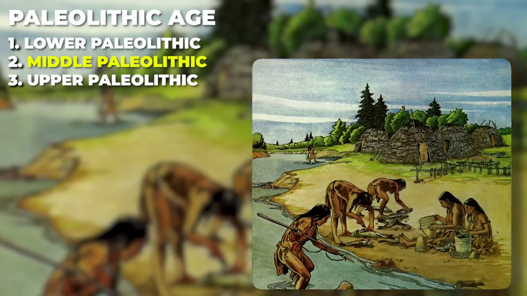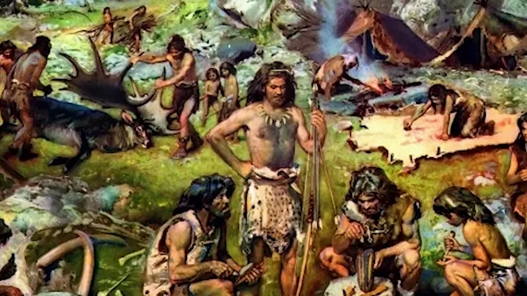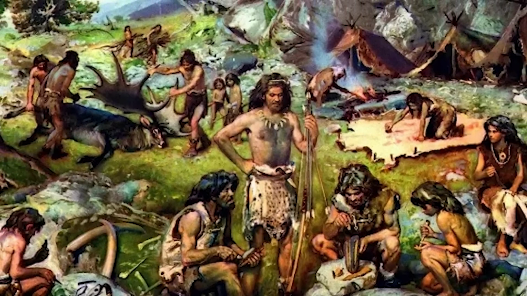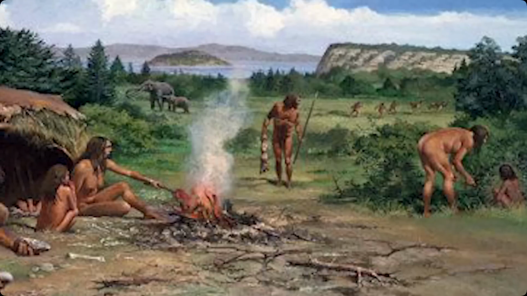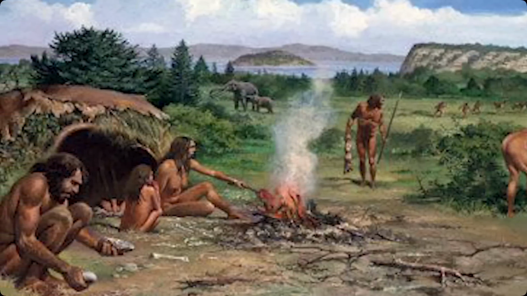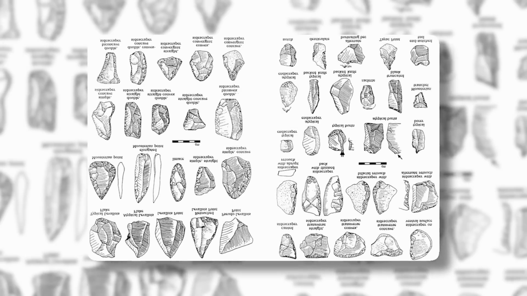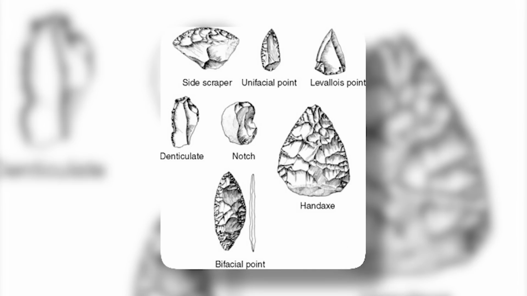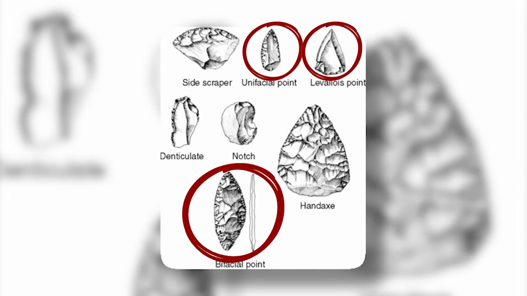Middle Paleolithic. All right, so we fast forward to the Middle Paleolithic, a span of time from about 300,000 to 30,000 years ago. This was like the upgrade era for tools. People started to get fancy with their rock creations. And one of the big deals here was the Mousterian tool industry. The Mousterian tools were all about that high-quality flint. You had tools like points, which were like the Swiss Army knives of this period, just more refined. These points were great for cutting, scraping, and even hunting.